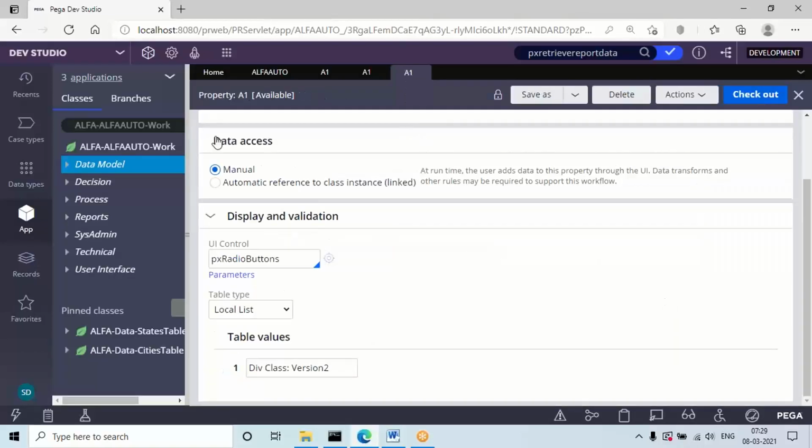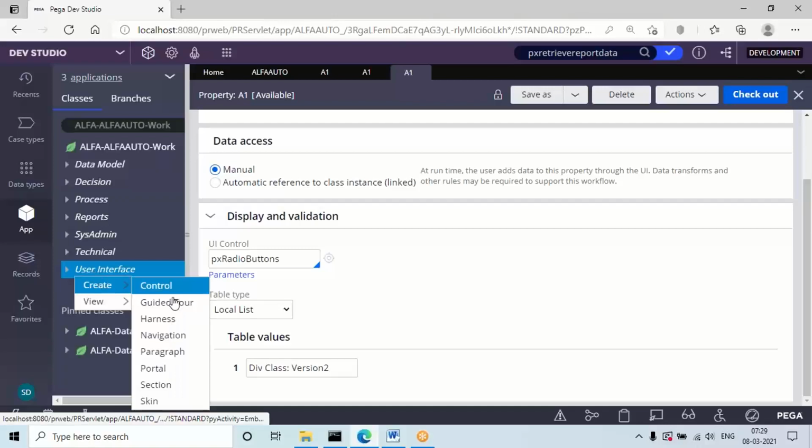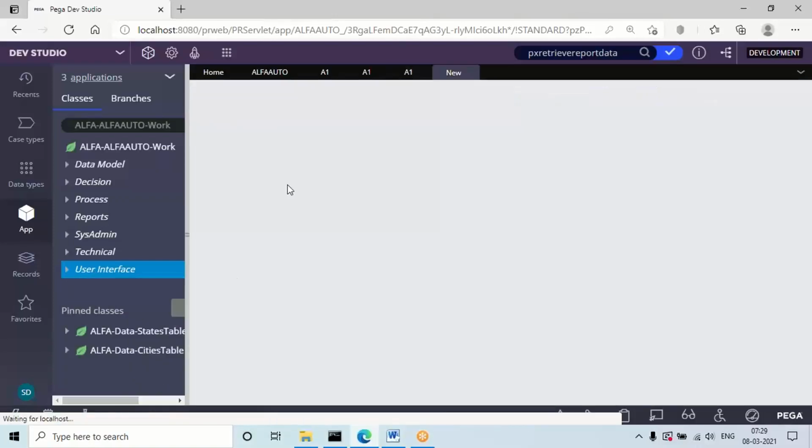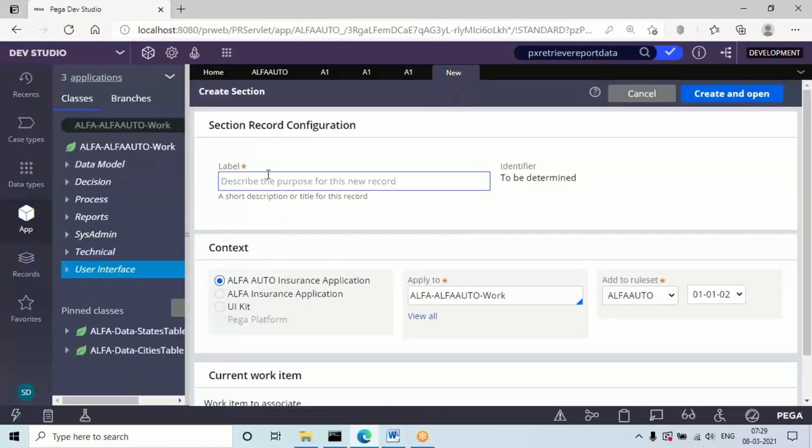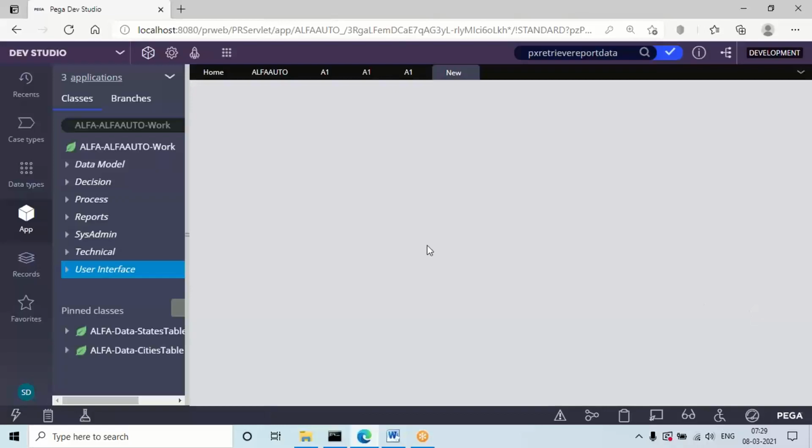Now let's understand. I want to use this property in one section. Add a new section. This section I'm creating in the work layer version 2.